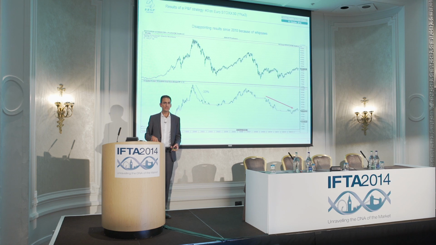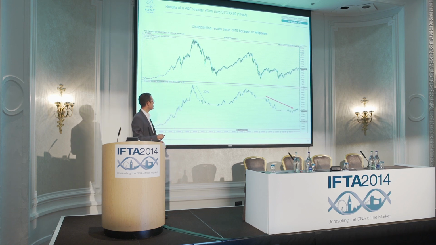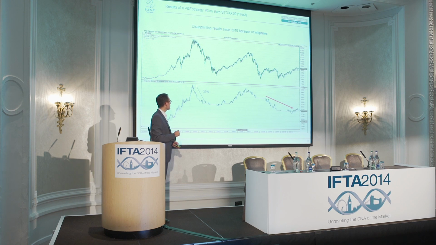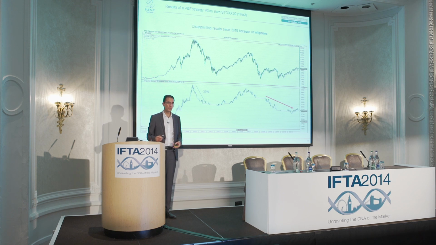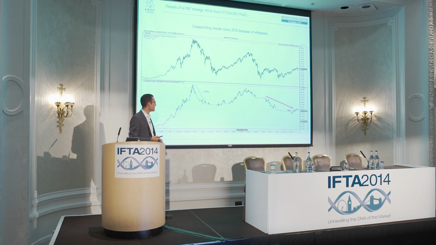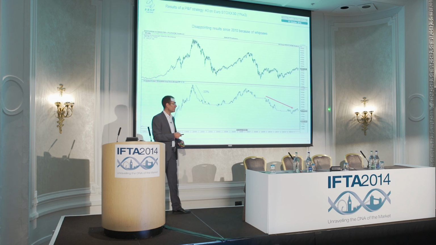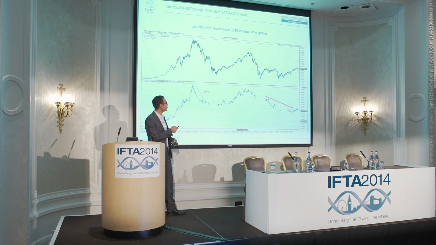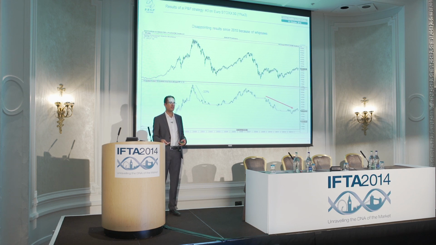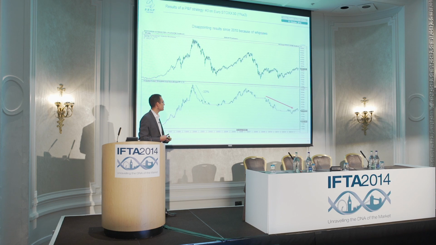So if I apply this strategy to Euro Stoxx 50, the results are pretty successful because I lost 33% from the peak of 2000 instead of 50%, so it's significantly better. But the disappointment is over the last 4 years, because as you see, I lost a lot of performance here, and the trend was sideways, but obviously I underperformed Euro Stoxx.